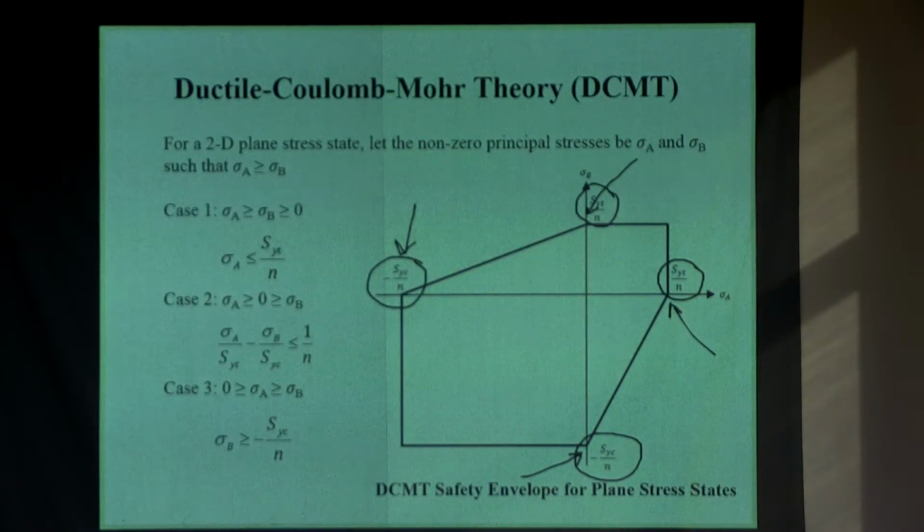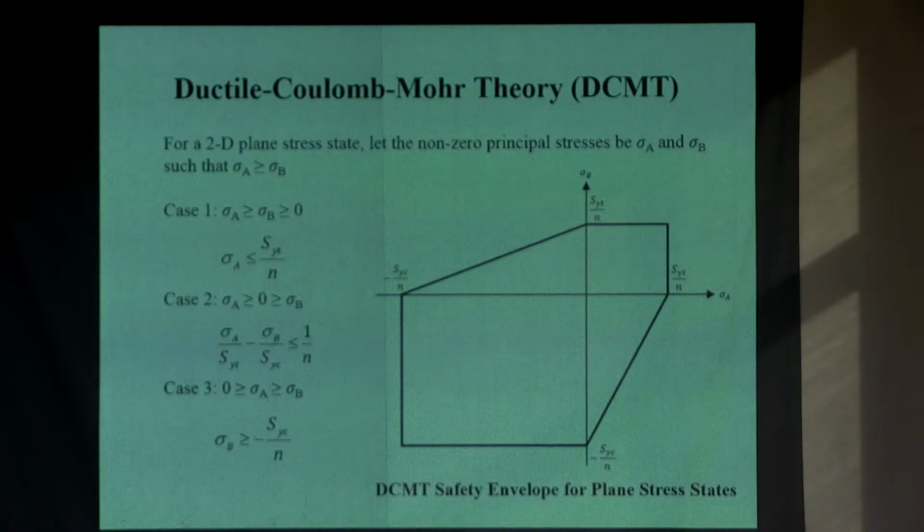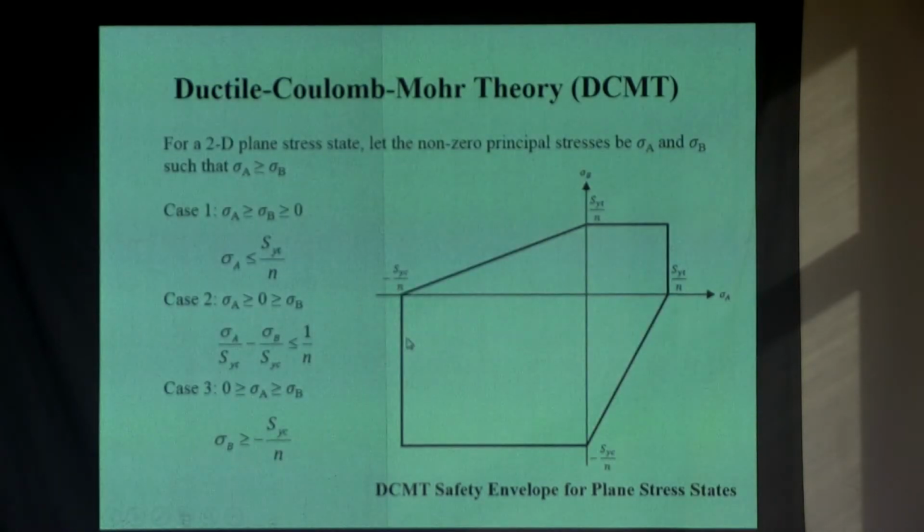Okay, and then you can look at the three cases: case 1 is there, case 2 is there, and case 3 is right there. So that is about DCMT. It's actually a general form of the maximum shear stress theory. So the way to look at it as a general form of the maximum shear stress theory would be to